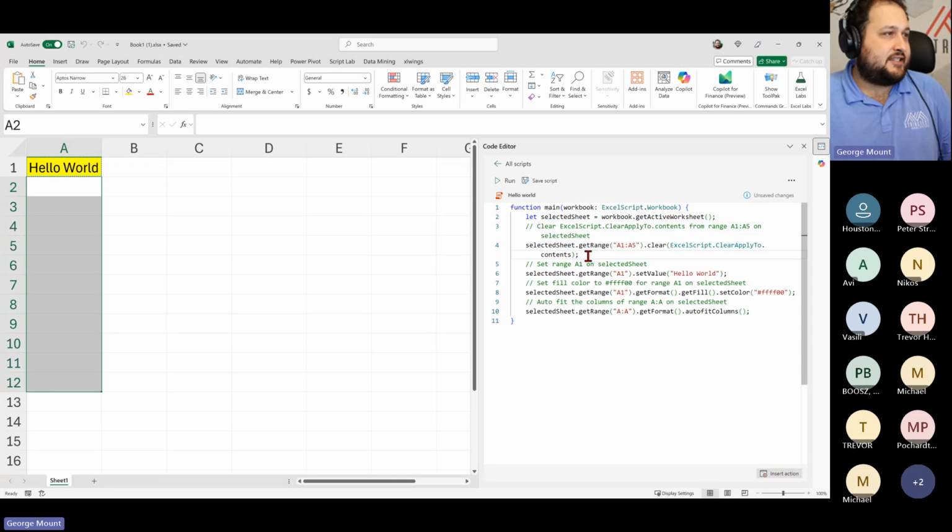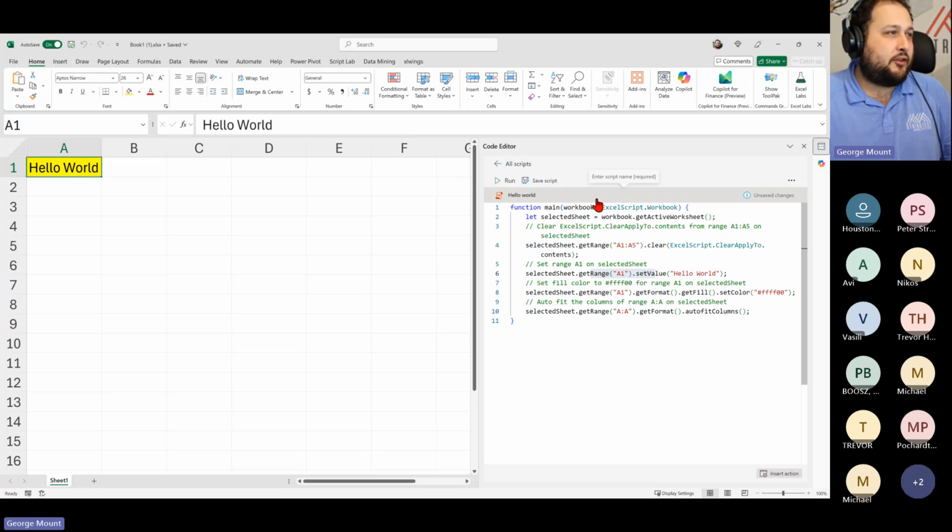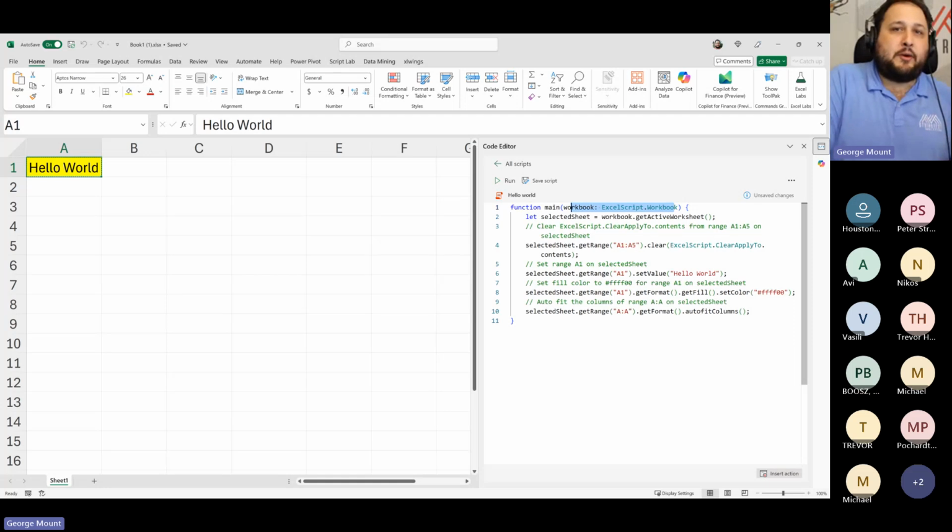It cleared out all this data. It added A1, hello world. It shaded that yellow. We still only have the one parameter in here. So how could we get this a little more interactive? Maybe one of the things we might want to do is color this with a different shade of yellow, or let the user decide what shade to color it with, or things like that. So there are some different ways that we can do this.